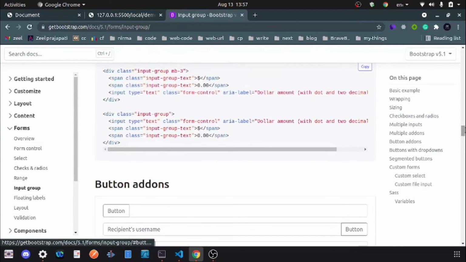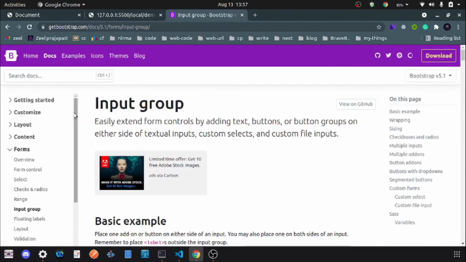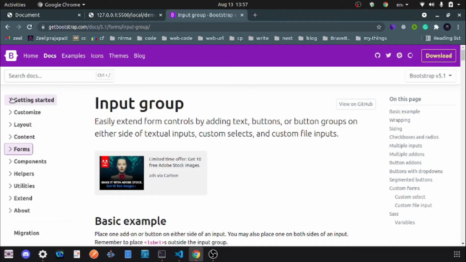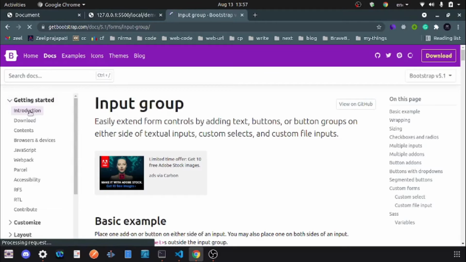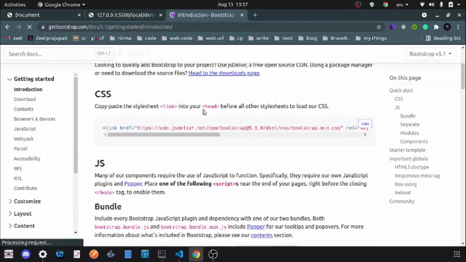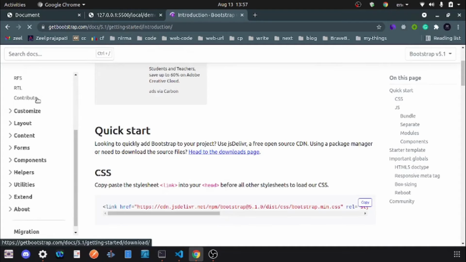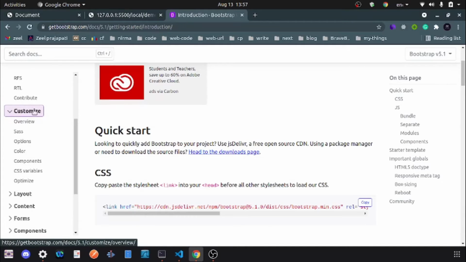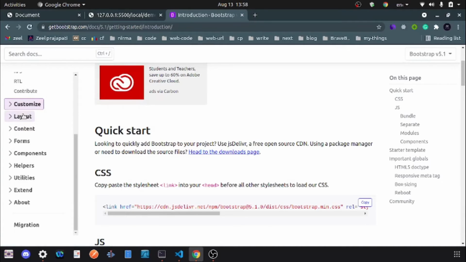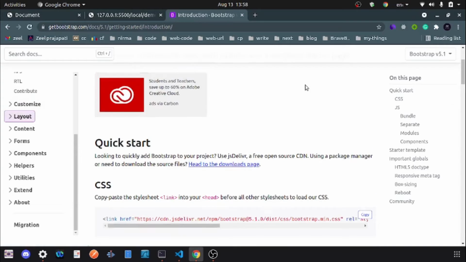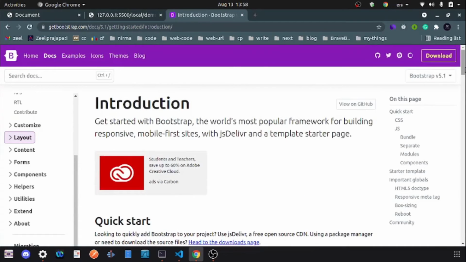There is not much use of Bootstrap in this application, but I want to show you that you can use it. So what is Bootstrap? Bootstrap is an online framework for CSS and JavaScript. Many components come built in with Bootstrap, and we can use them in our website. One of the main uses of Bootstrap is creating responsive websites.